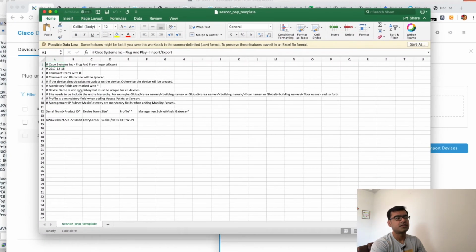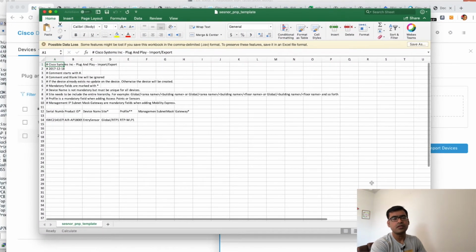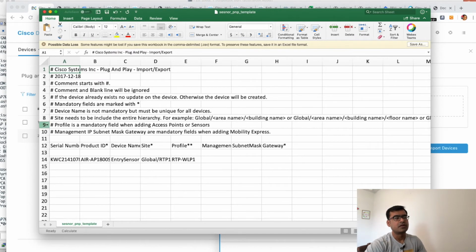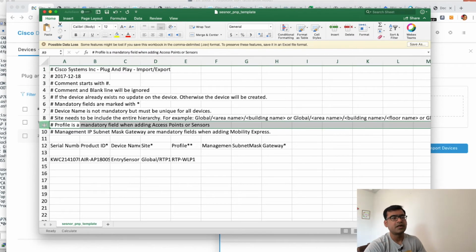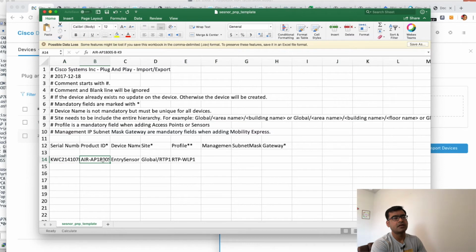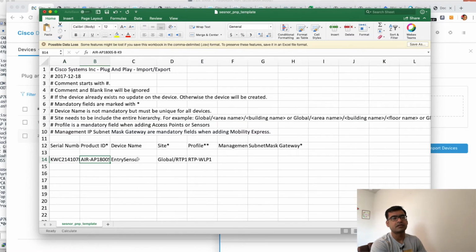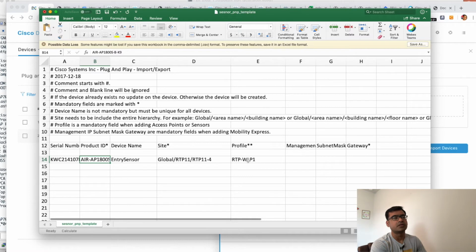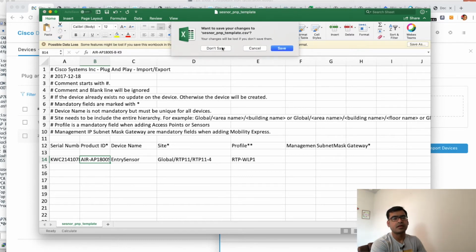So this sheet is going to tell you how to populate the sheet. Look at this, number 9, comment: profile is mandatory field when adding access point or sensor. So this is my serial number, this is my PID, I have a device name, something random, I'm going to change it later. I know what site I want to assign it to, and most important is the profile, RTP-WLP. All right, now don't save,